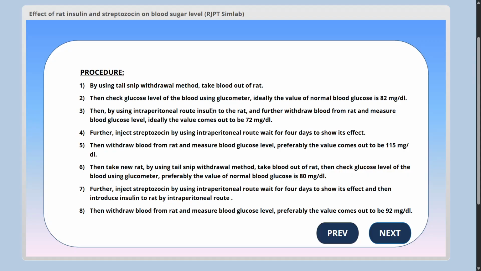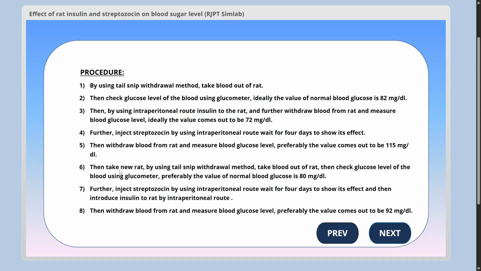Then after the insulin administration, we have to administer the streptozotocin drug by the same intraperitoneal route into the abdominal cavity with the help of a syringe. And then we have to wait for 4 days for the effect of streptozotocin. Then again, we withdraw blood from the rat and measure the blood glucose level. Preferably, the value comes out to be 115, which means that after waiting 4 days for the streptozotocin to show its effect, we measure the blood glucose level and it should come around